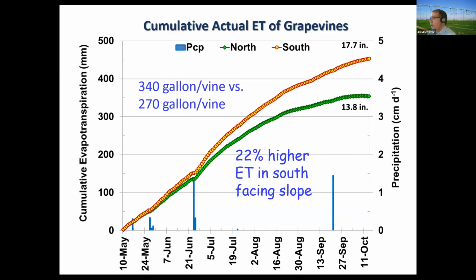If a grower has an orchard on a south facing slope, it means he or she needs to go with different irrigation scheduling or different hours of irrigation in each irrigation event. I think this is very important to consider for irrigation scheduling if we want better management. The reason most likely is solar radiation. As you probably know, south facing slopes take more solar radiation, and solar radiation is the main energy for evapotranspiration. So that's why on the south facing slope we have more evapotranspiration.